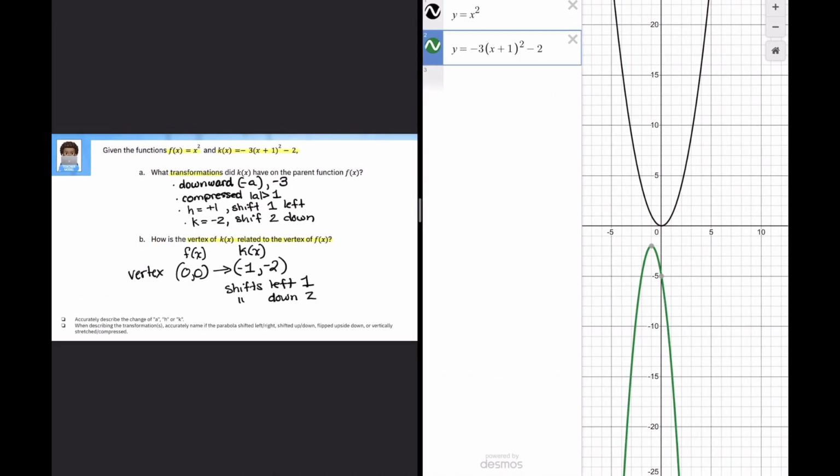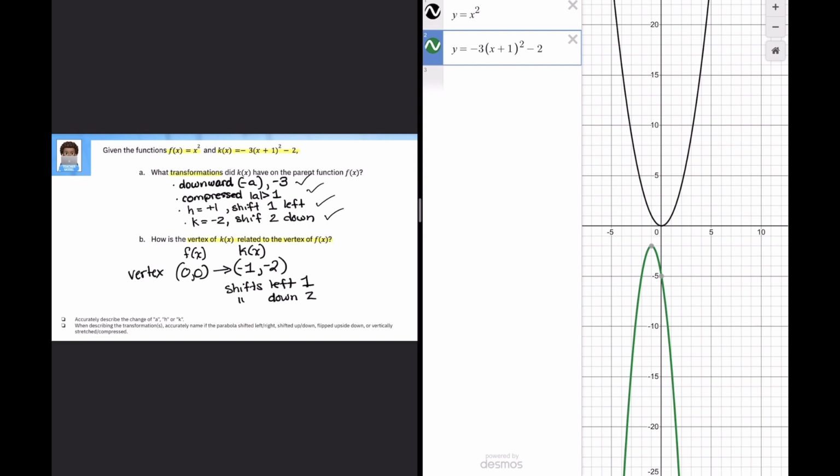All right, and there we have it. Take a look. You can see all of it in real time. And it's confirmed that, yes, it is flipped downwards. We can see that our green has been flipped. Our parent function is in black. Yes, it is compressed. It is smaller than the original. Yes, it has shifted once to the left, and it has shifted down 2. So those are all the transformations that we predicted using those patterns that we were able to recognize in today's